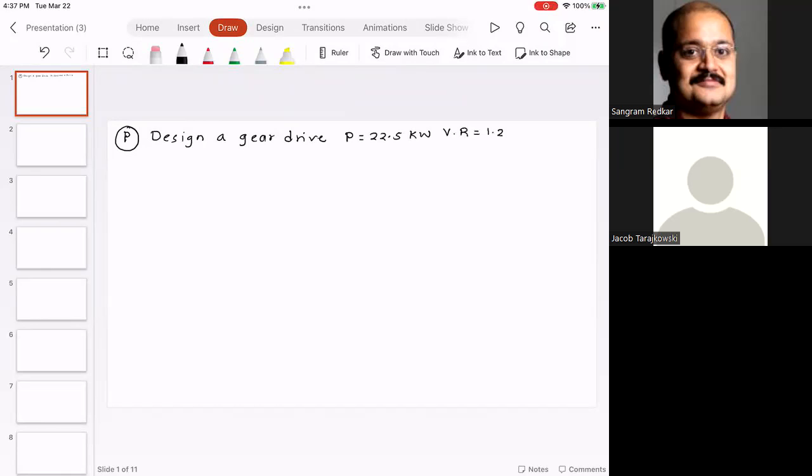RPM of the pinion is equal to 200. Then approximate center distance, 600 millimeter,